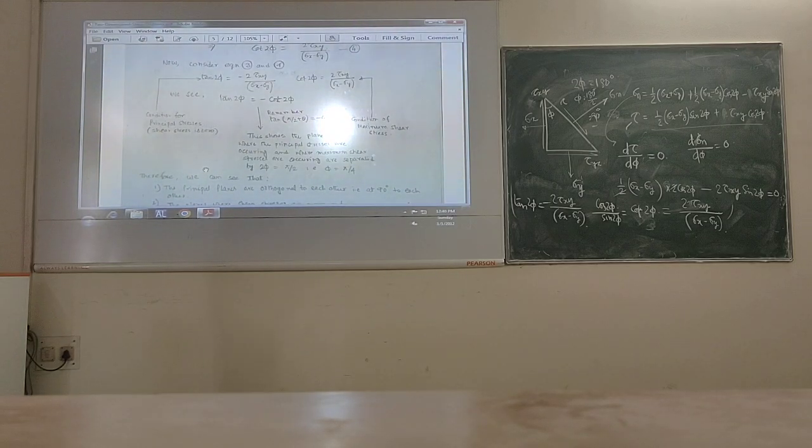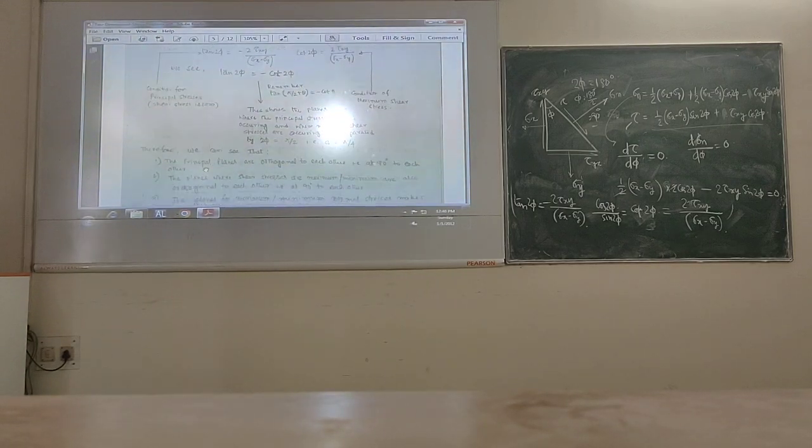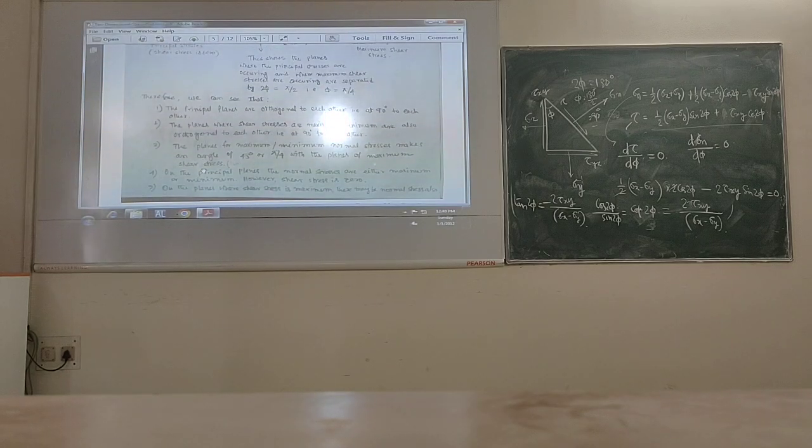So with this understanding, we can see a very important thing. In many competitive examinations, many interviews, you will be asked this question. What are principal stresses? What will be the shear stress at a principal plane? Does the principal stress become 0 at the plane where the shear stress becomes maximum? These are the questions generally being asked. Now we should be clear on all these points after this discussion. And finally, what we are concluding is,